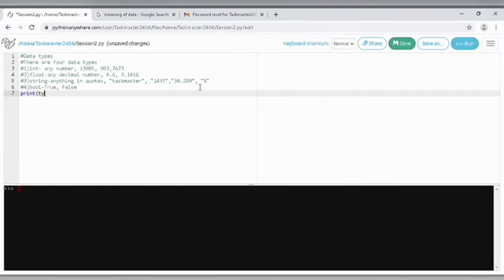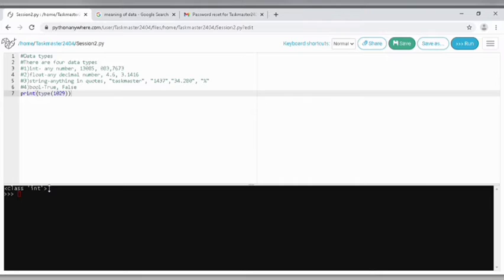So we write print, and in the bracket we first type the word type, and then after that we put another round bracket, and we add any value. You can add anything. You can add a number. Here first I'll add a number. So what this word type does, it's another keyword. What this type does is whatever is in the parenthesis after this, it returns the data type of this. I'll show you. We'll just run this program